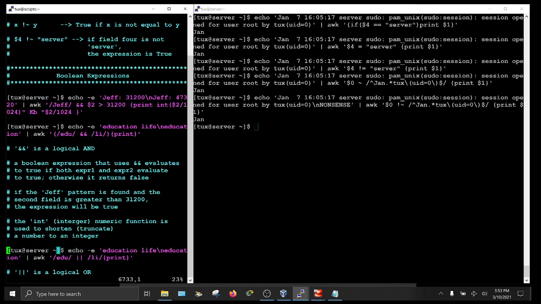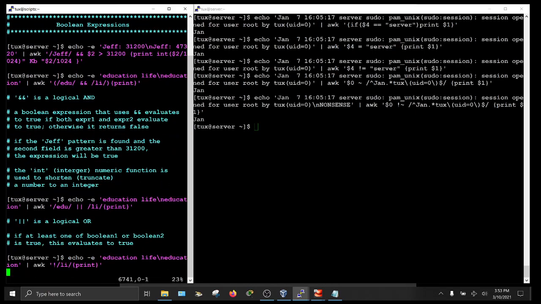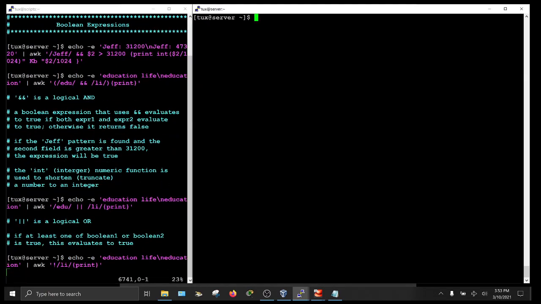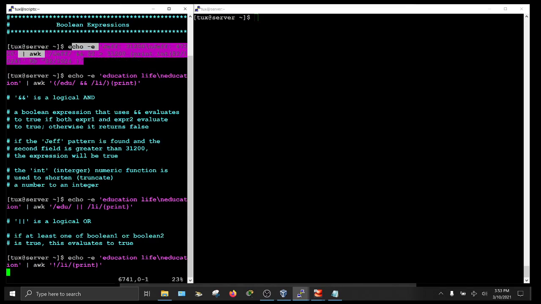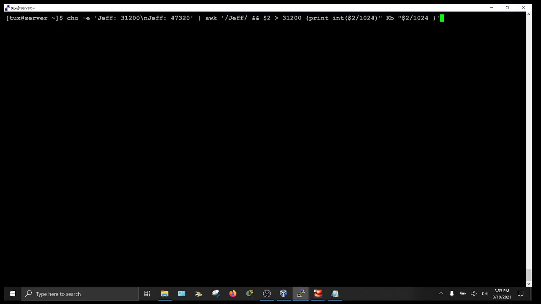All right, now let's take a look at Boolean expressions. I'm going to clear the screen, and let's take a look at this. So here, and means and in the Boolean expression, and so here we are saying if this pattern is true and this pattern is true as well, we will execute the action here that we have in our